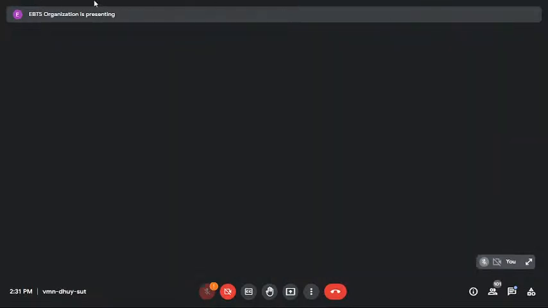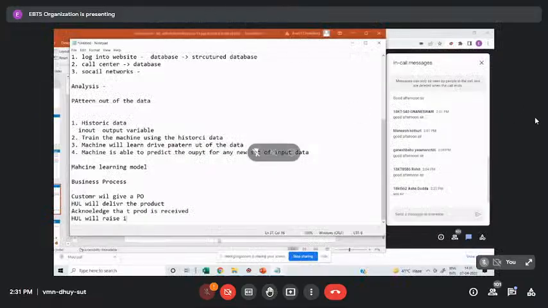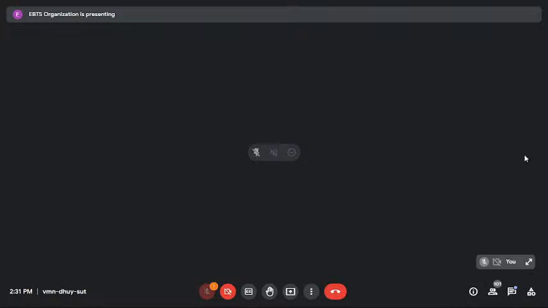Once the product is received by me, Hindustan Lever will raise an invoice. We all call it a bill in normal terms. When they raise an invoice to the customer, the customer makes a payment. Now, this complete process, from the purchase order the customer gives till the time the customer makes the payment, is called the order to cash process in industry terms.